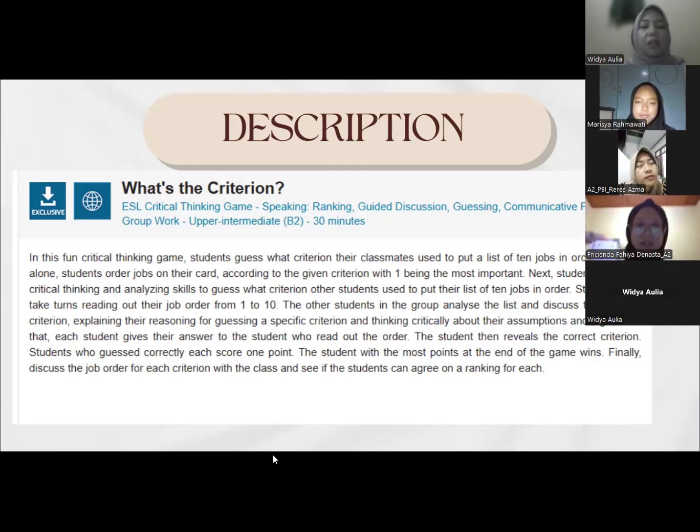Description. What's the criterion? In this fun critical thinking game, students guess what criterion their classmates used to put a list of 10 jobs in order. Working alone, students order jobs on their card according to the given criterion, with one being the most important. Next, students use their critical thinking and analysis